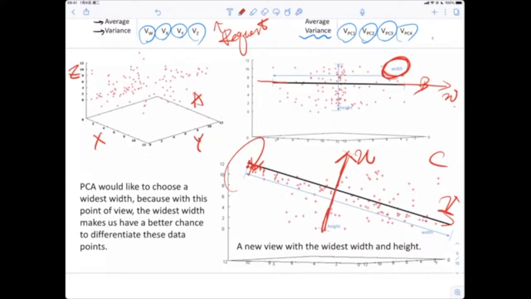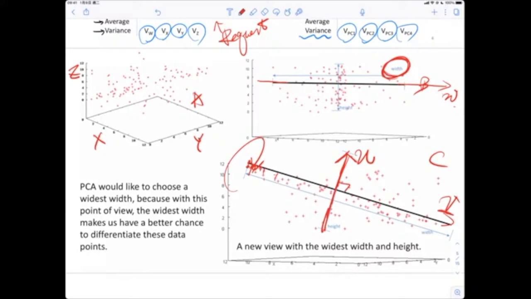You have data points, you fix the first axis, which has the largest variance, and you continually rotate your data points. So you can find another axis which is orthogonal to the first axis.